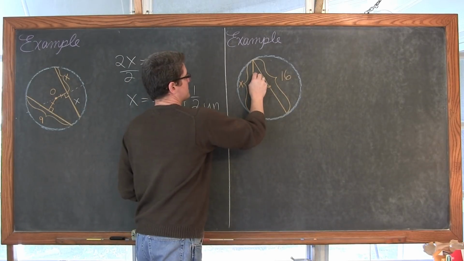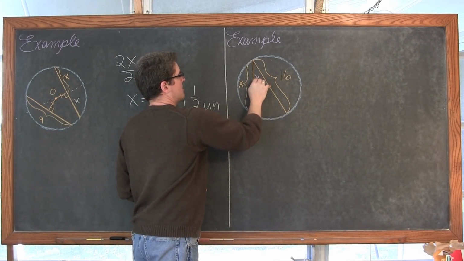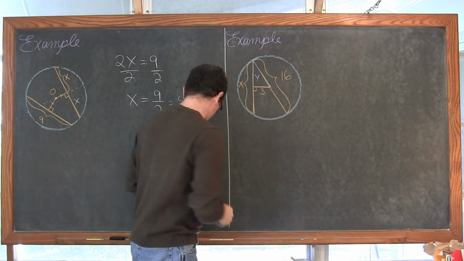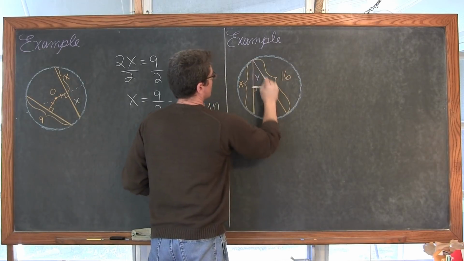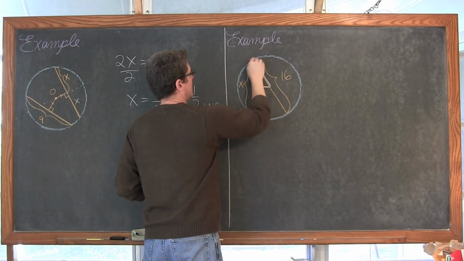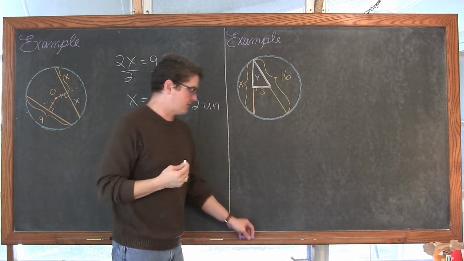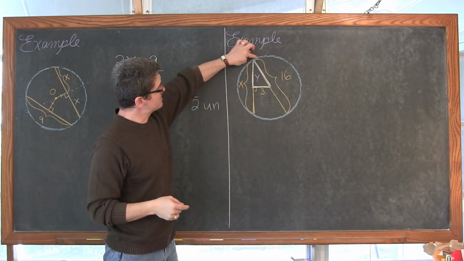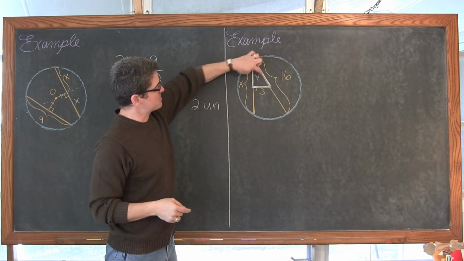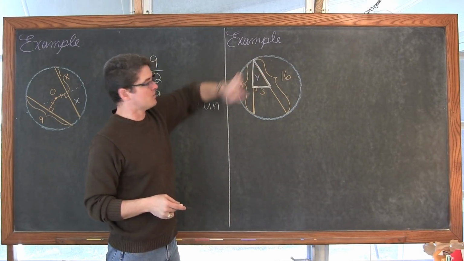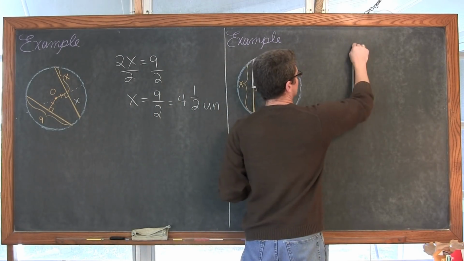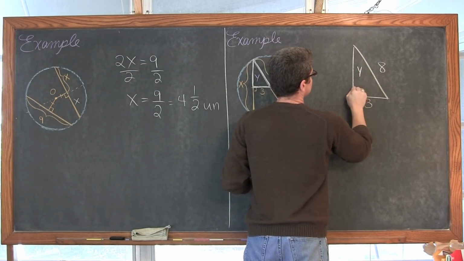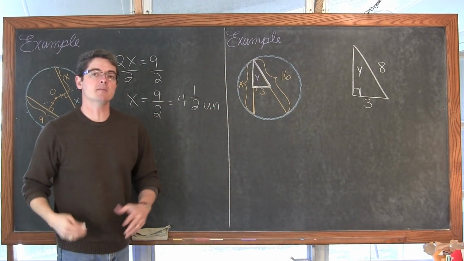So I'm going to solve for y first, focusing on this little right triangle. I'm realizing that probably looks the same as the orange chalk, so let me put white on top of this. We're going to work with this little triangle using the Pythagorean theorem, because we have a right angle, a leg of 3, and a hypotenuse, opposite the right angle, equal to 8. When you're missing only one side of a right triangle, you can find that third side using the Pythagorean theorem.